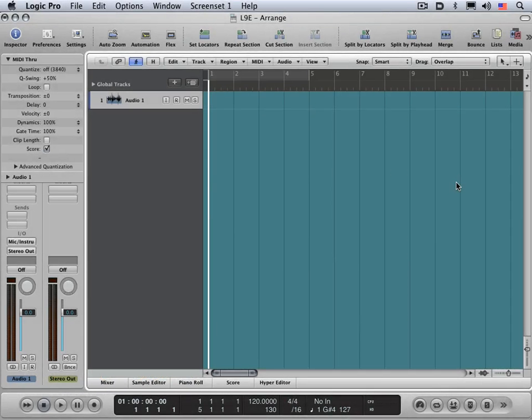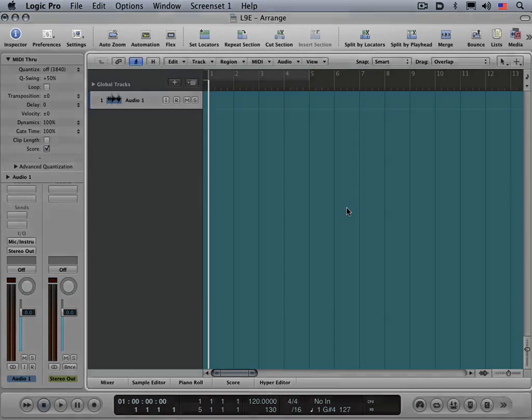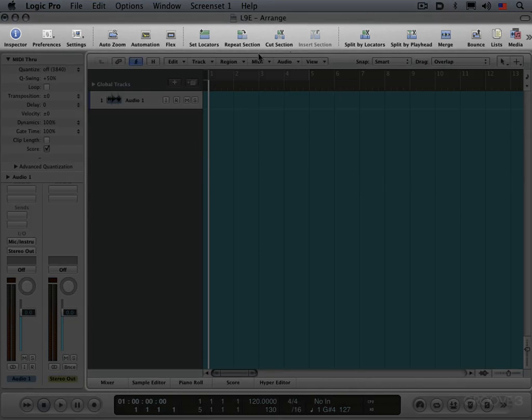In this video, I want to go over an overview of all the main elements and parts and areas of the Arrange window where we'll be doing most of our work. At the very top is a toolbar, and this is a great place to have your frequently used shortcuts available